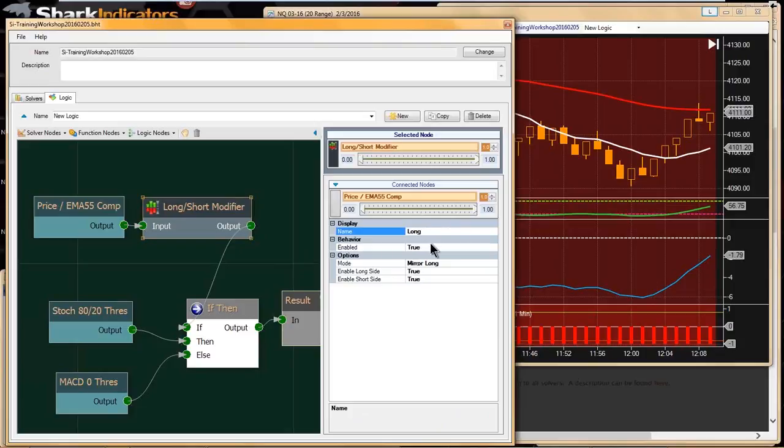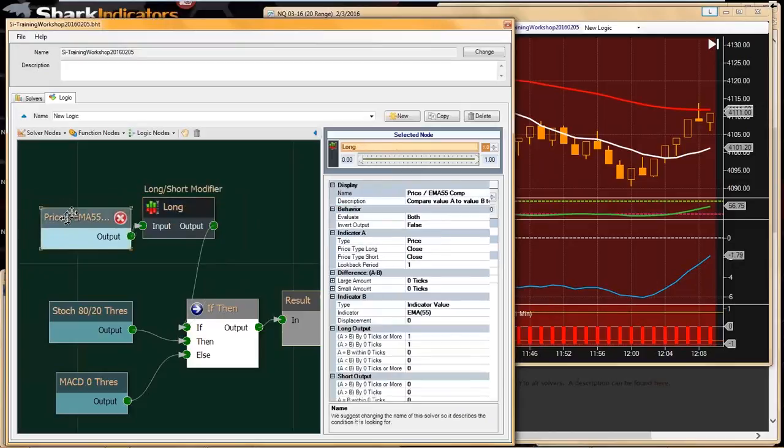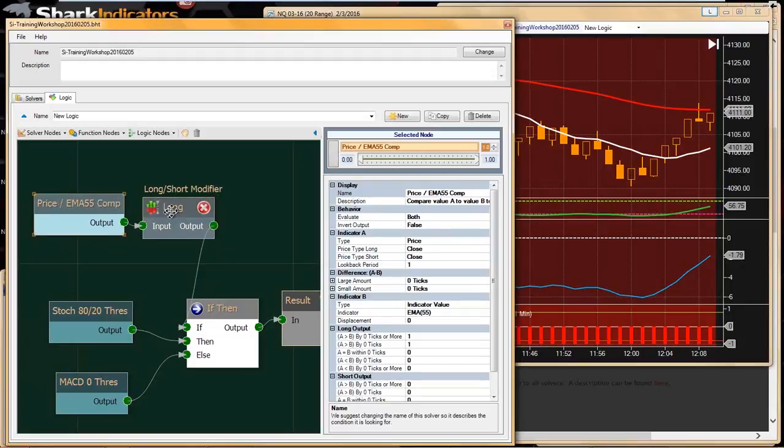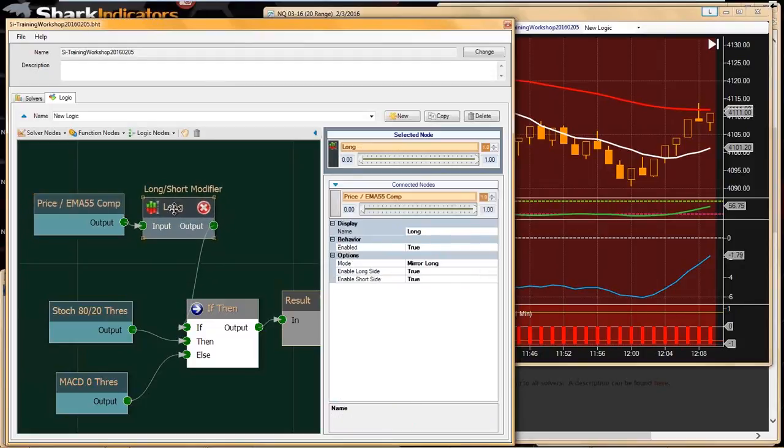In this case, I set it to mirror the long. Really, how your trend state logic is set up depends on how you want to set the long-short modifier up. But for this example, I use the mirror long,